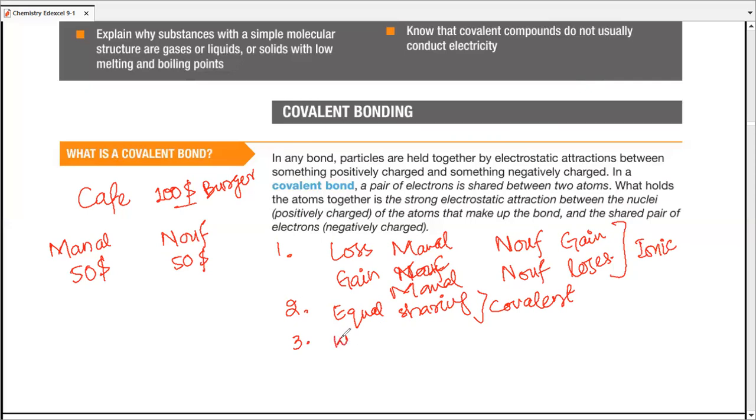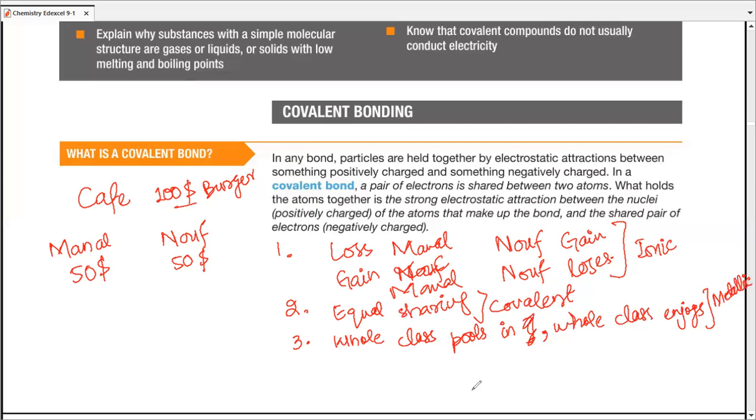Now, third is that the whole class pulls in, right? This is something that we do on trips and tours, when we are going for an extracurricular activity. Let's suppose we're going to another city or another country. Everybody in the class pulls in, everybody enjoys, everybody has the burgers and stuff. They go to different places, they eat different kinds of traditional or classic foods of some other country, and everyone enjoys. When the whole class pulls in and the whole class enjoys, that is the kind of bonding we're going to study in metallic bonding.